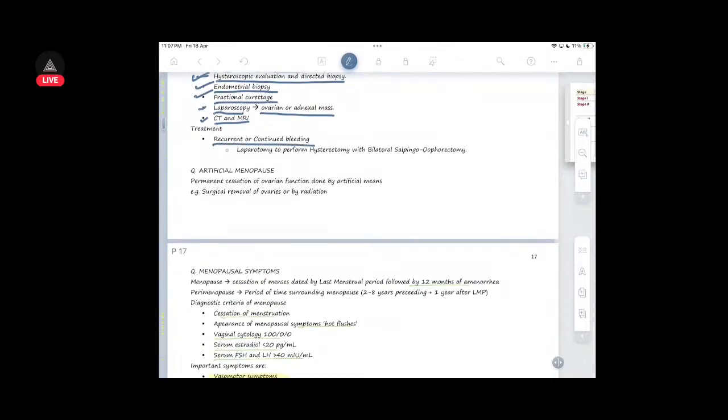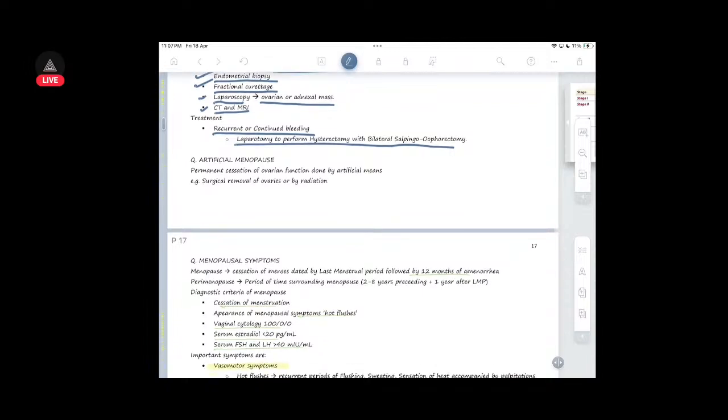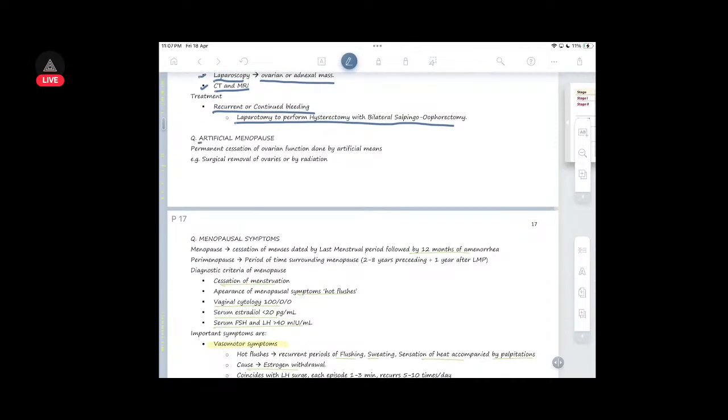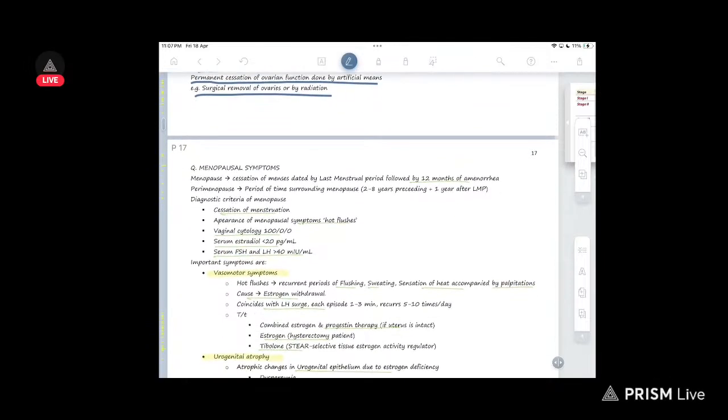Treatment is recurrent or continuous bleeding. You do laparotomy to perform hysterectomy with bilateral salpingo-oophorectomy. I mean, it's already an old patient, you can just remove it. Then artificial menopause is permanent cessation of ovarian function done by artificial means due to surgical removal of ovaries or by